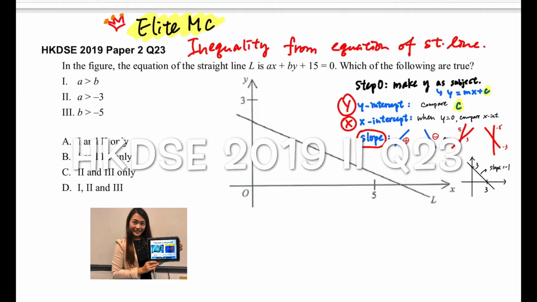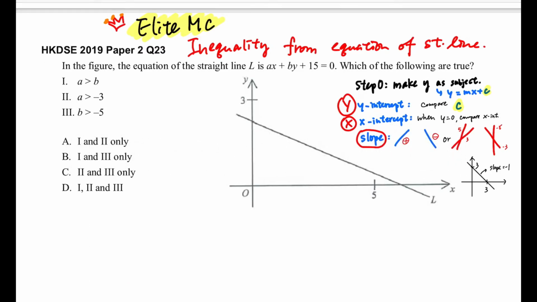Hi guys, today I'm going to demonstrate the type of the Ellipse MC type in the chapter of inequality from the equation of straight line. HKDSE 2019 Paper 2 Question 23 is one of the problems that only involves comparing the equation of a straight line in the graph. So always, step 0, you should make y the subject so that